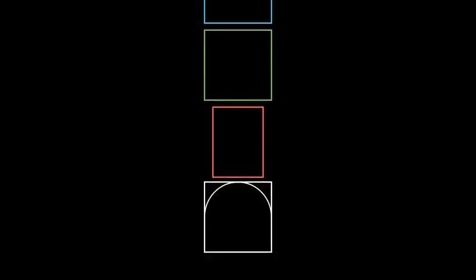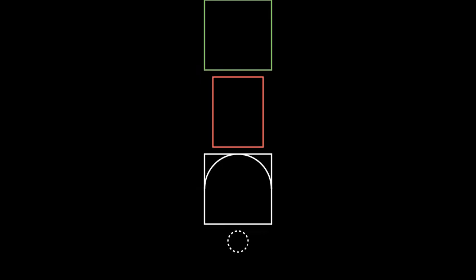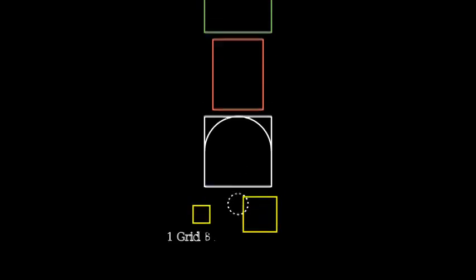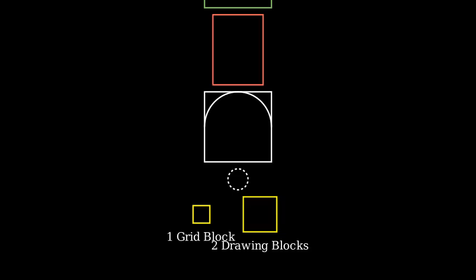Now, let's look at our second example. This object has curved surfaces and a hole. When drawing orthographic views of objects with hidden features, we use dashed lines to show edges that would normally be hidden from that view. Remember, when creating your drawings, 1 grid block on your paper equals 2 blocks in the